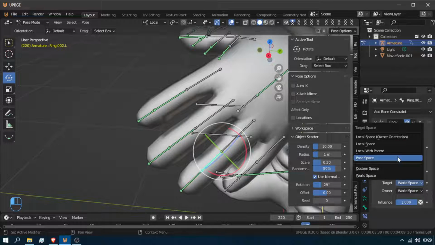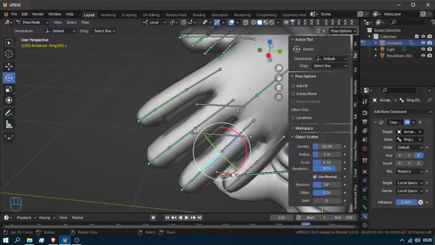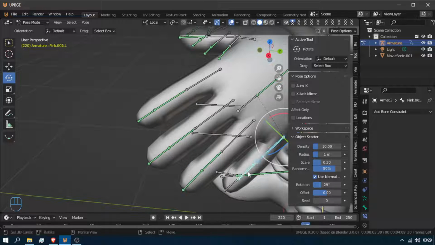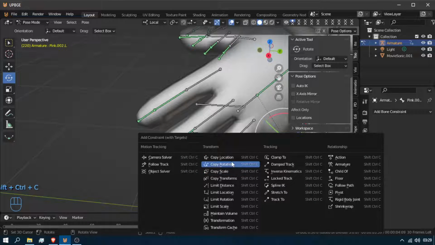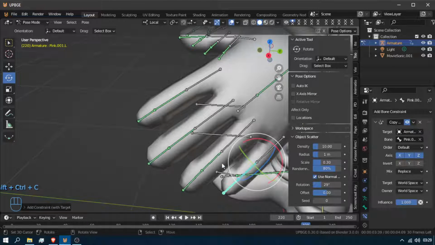This would be local, only on the Z-axis, Control Shift C, copy rotation, Control Shift C, copy rotation,